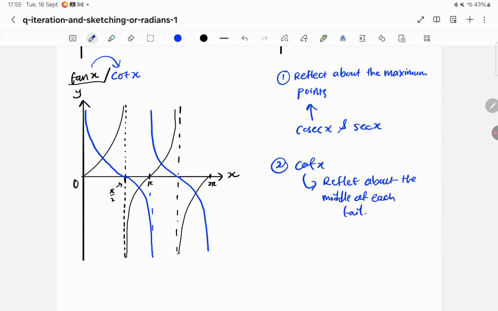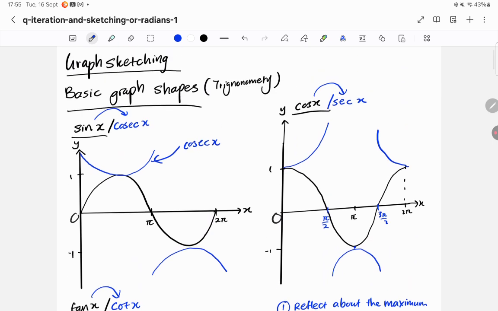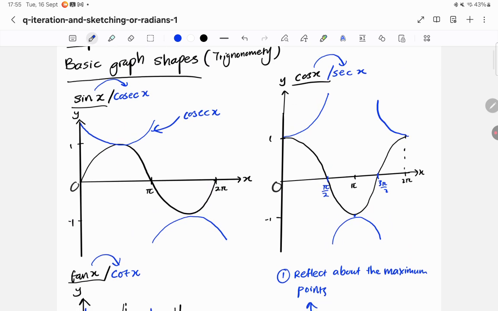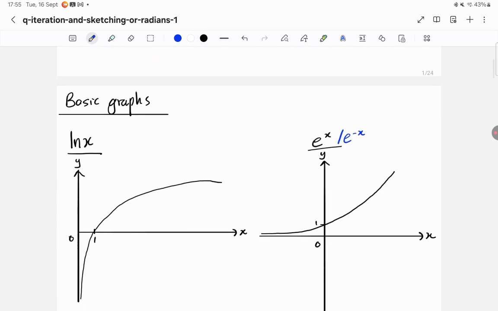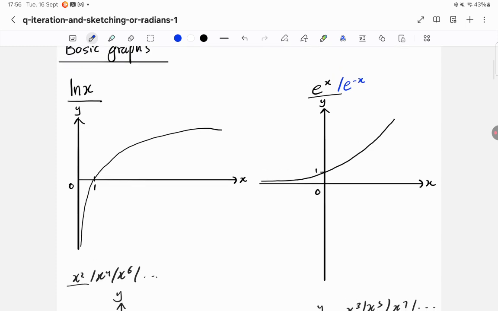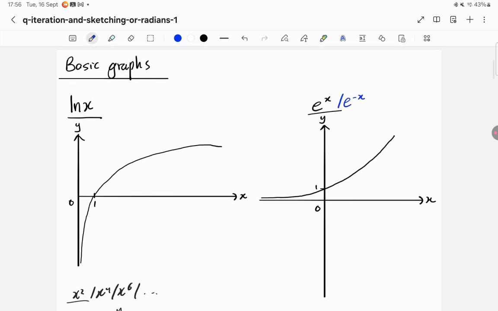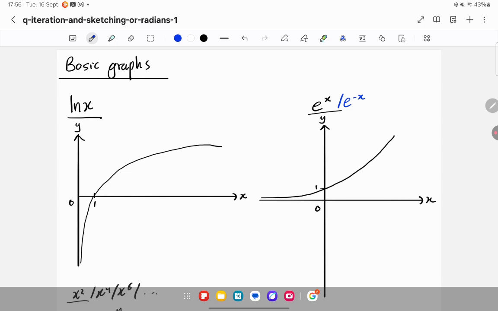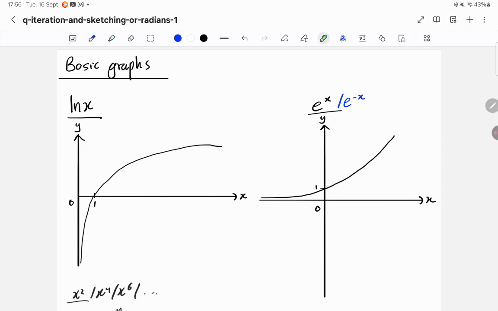Okay, all right, so that's about trigonometric graphs. So it's really straightforward. Okay, and now we're going to come to a few of the other basic graphs where they could actually ask you to draw. Okay, so over here there are going to be questions where they ask you to draw the ln graph,